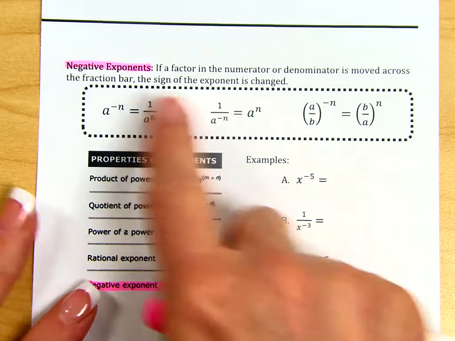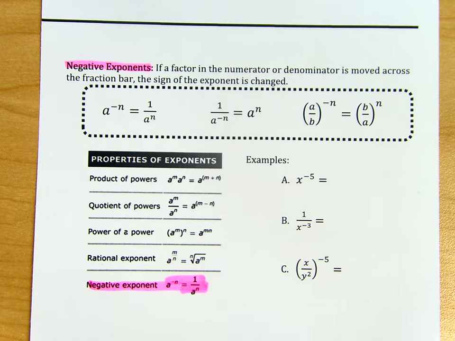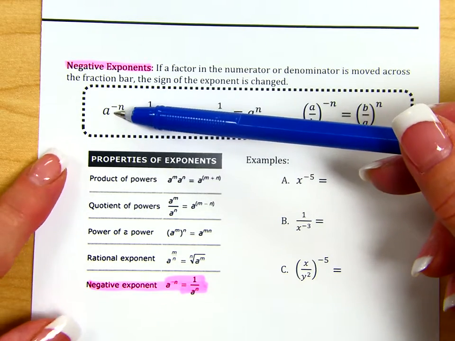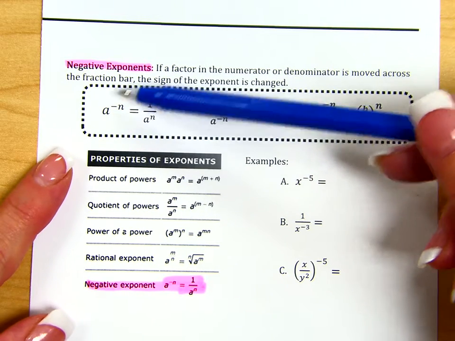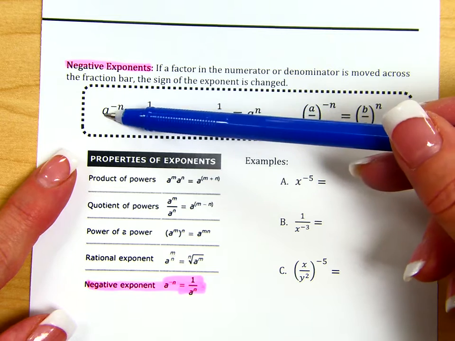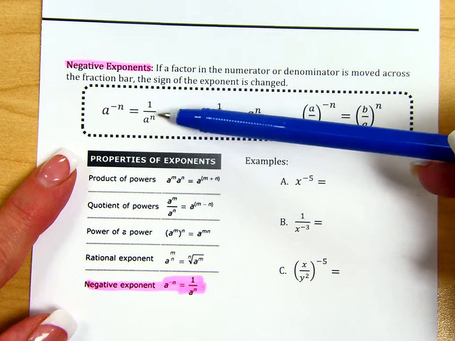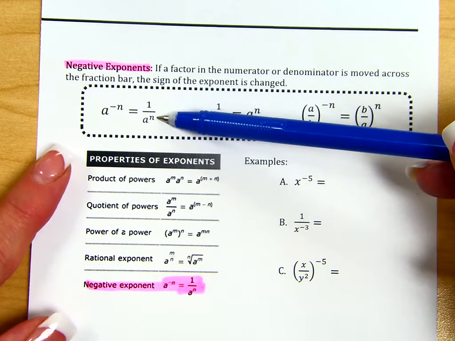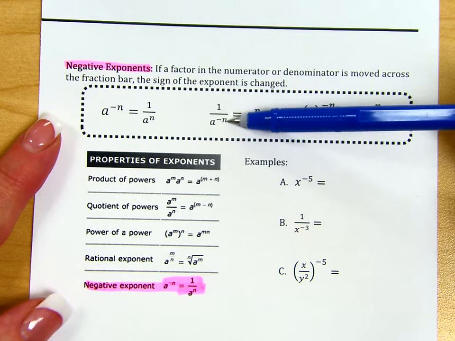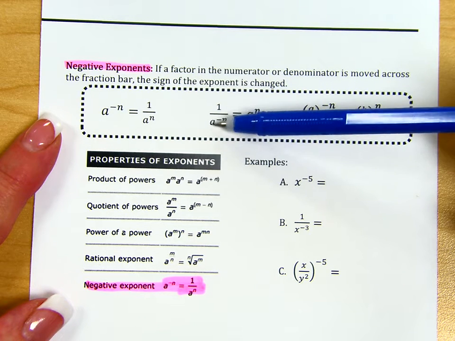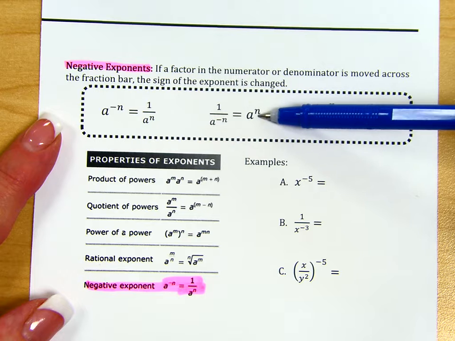And we have our definition here that says if a factor in the numerator or denominator is moved across the fraction bar, the sign of the exponent is changed. So here we have a situation where a is in the numerator. It has a negative exponent, so if I move this a down to the denominator, the exponent becomes positive. If the negative exponent is in the denominator and I move this a up to the numerator, then the exponent